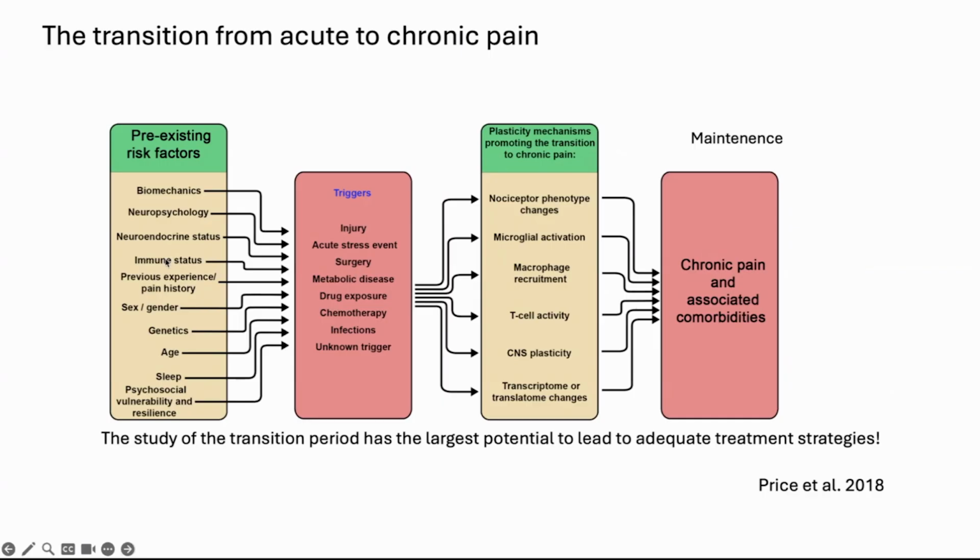Again, it has been shown that, for instance, people with adverse childhood events and who, as a consequence, have been exposed to chronic stress have exaggerated immune responses to a given stressor. And so they are more likely to develop chronic pain after a given trigger. Sex, genetics, and age have also been identified as risk factors. And then there's also a bunch of psychological aspects such as anxiety, depression, pain catastrophizing, which are also thought to play a role, even though we don't really understand why.